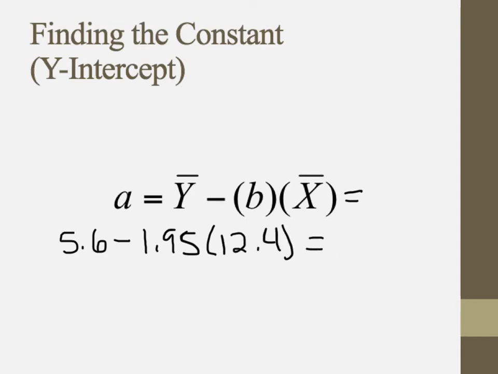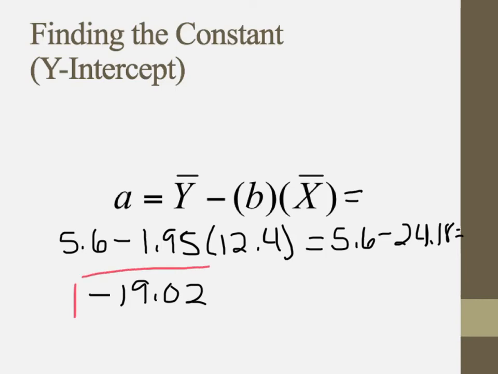And so that is going to give us 5.6 minus 24.18. So again, make sure that you're going to two decimal places in all of this. And so we get negative 19.02. So the y-intercept can be a negative. It doesn't always make logical sense, but it can happen. So our full equation for the line then is going to be y equals negative 19.02 plus